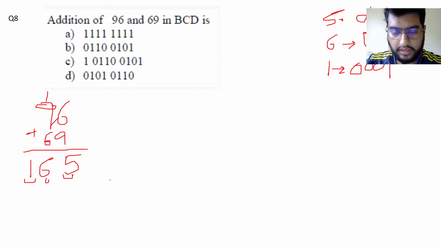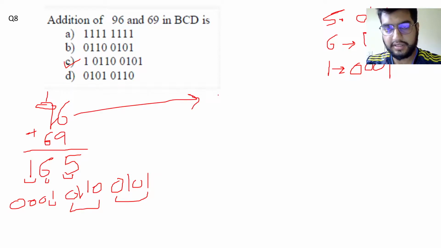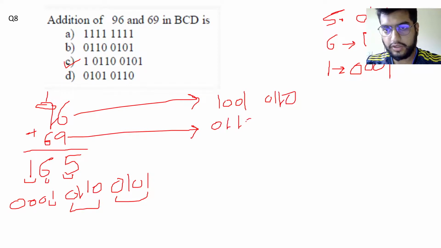So writing down the representation: 0101 for 5, 0110 for 6, and 0001 for 1. So the number will be 1011000101. So this is option C, if you can check it. Now another method is just converting 96 into BCD. 96 in BCD will be 1001 and 0110, and 69 will be 0110